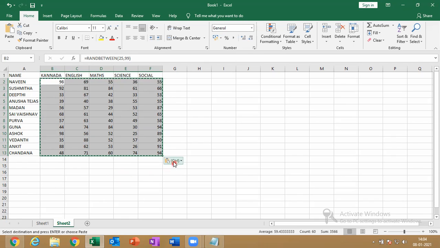Just click here. You're getting a box here. Click and choose paste values. So why? Because the cells contain formulas. I'm going to remove the formulas as values, converting the formulas into values. Control C, Control V there itself, and just click here.